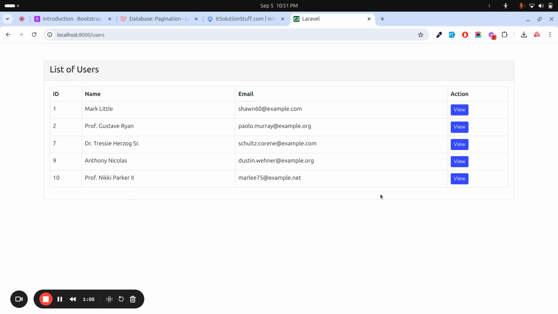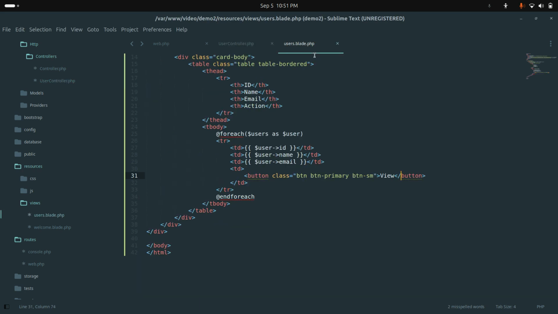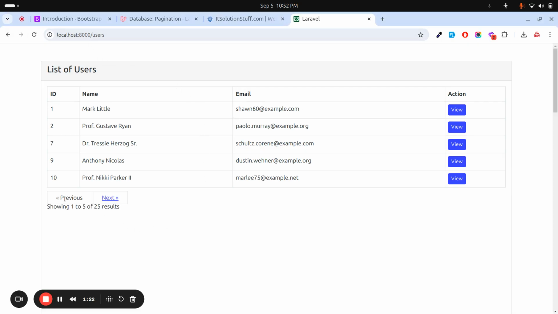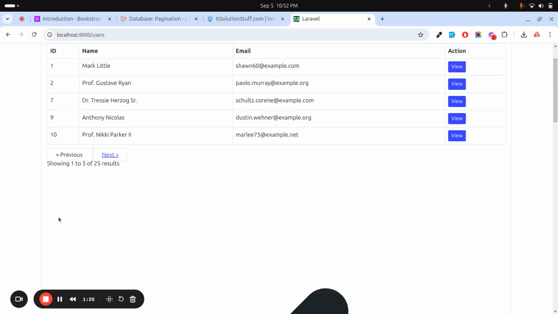Now let me go here and add the pagination links, like 1 2 3 4 5 6. After the table is finished, I will use users, and then I will say links, and simply save it. And if I refresh it, you can see that pagination is coming, like previous and next, but you can see